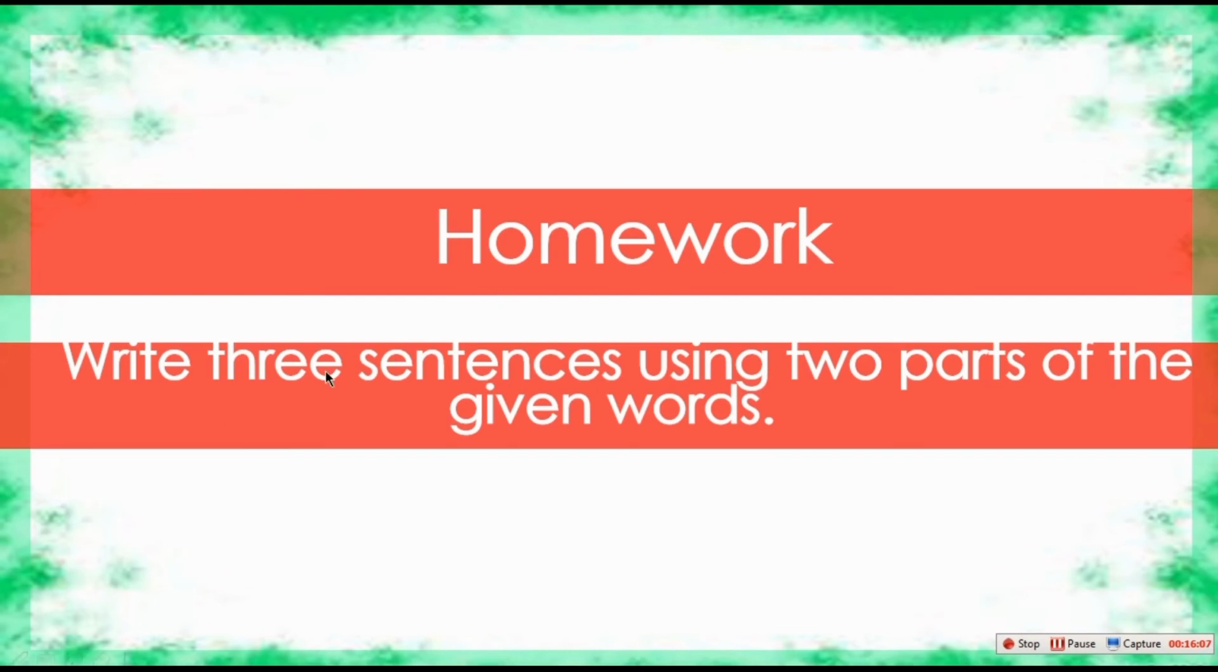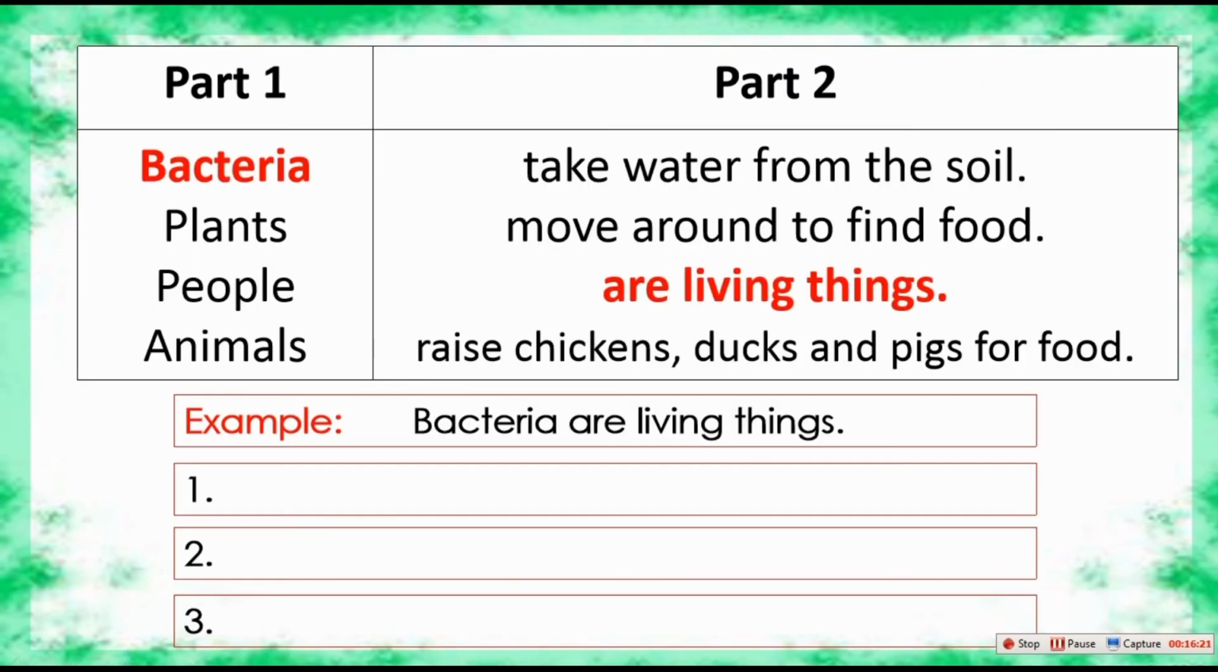Next, for your homework, write 3 sentences using 2 parts of the given words. The words in part 1 are bacteria, plants, people, animals. Next, in part 2, the phrases are take water from the soil, move around to find food,